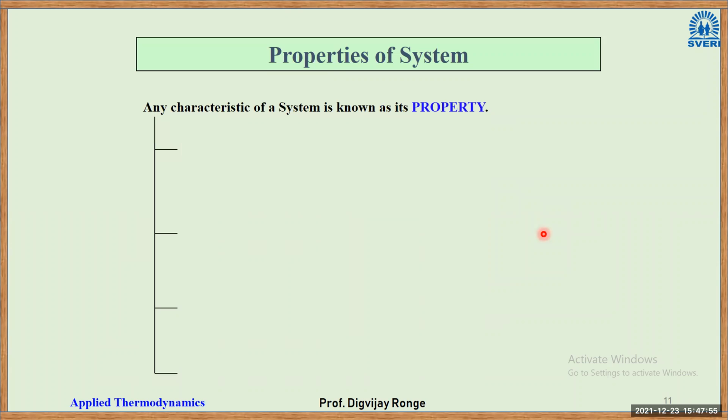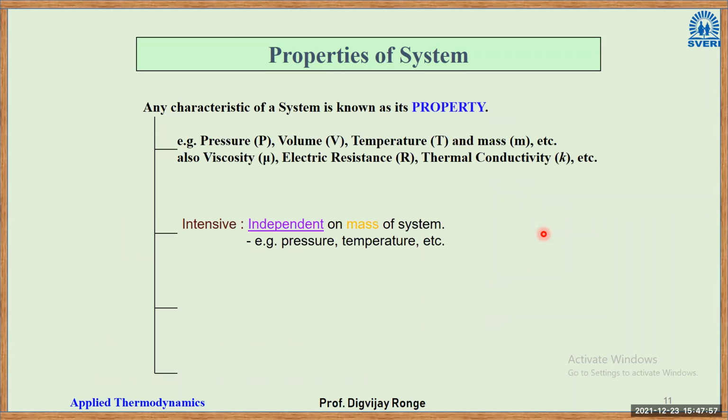Now, this was the last part yesterday: intensive properties and extensive properties. Some of you did not understand this concept, so I will repeat it today. Intensive properties are independent of the mass of the system, right? For example, temperature. You measure temperature at any corner or any point in the room. You build up a wall dividing the room into two parts. Now again you measure the temperature. The temperature will remain the same. It is independent of how you divide the system into many parts, right?